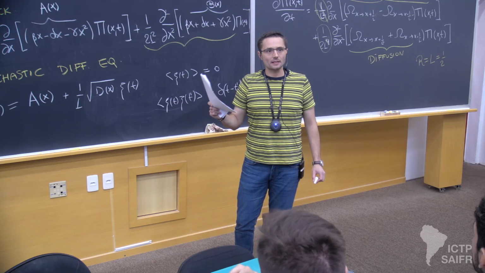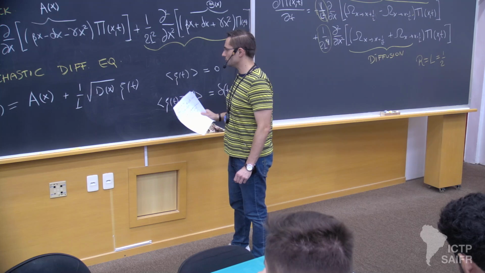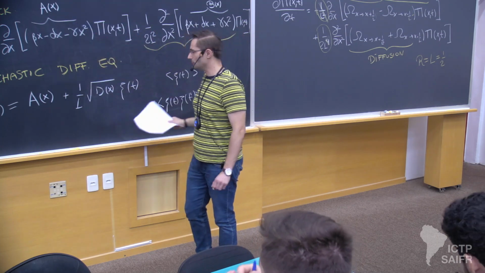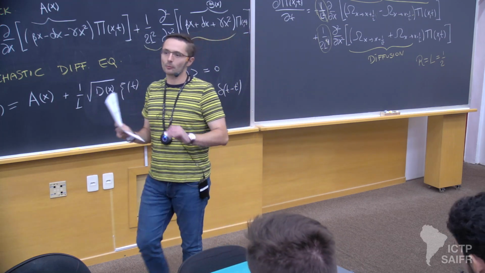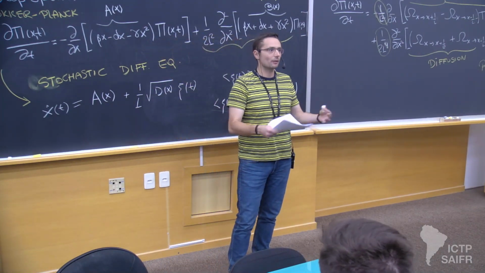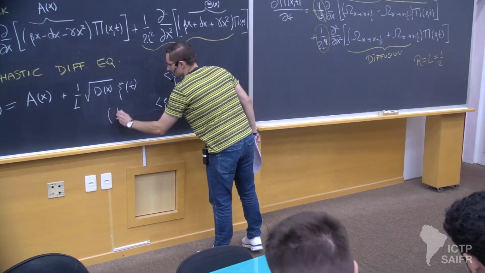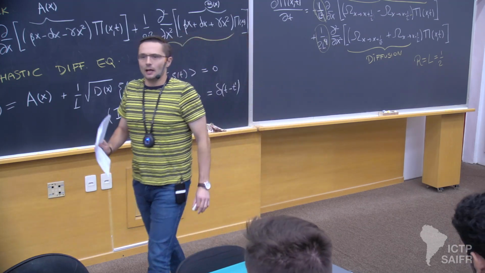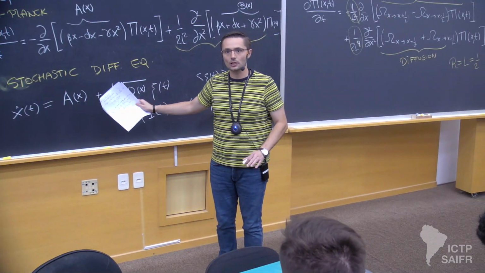There are some subtleties in this derivation if you read the notes, and that's why I didn't go into this calculation with a lot of detail, because some of these integrals, when they involve this stochastic process, are not well defined, and you need to interpret the noise in different ways. I don't want to enter into that for those of you that are not familiar with this. Those of you that are familiar with this, I want to reinforce that for you. And this, you will see in the books, is the Ito interpretation of the noise. I'm not going to enter more into this way of describing stochastic systems in this course,